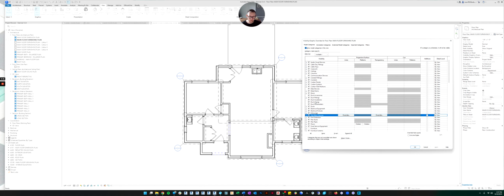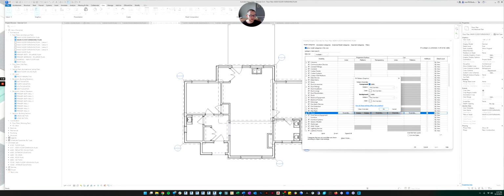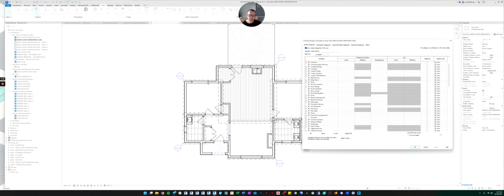Let's turn on the floor pattern. If we go to the floors, you can see that we have the floor pattern overridden in this view. You can actually just hit clear overrides right here and it'll change it back to the way it was. So now if we hit apply, we can see our floor patterns.